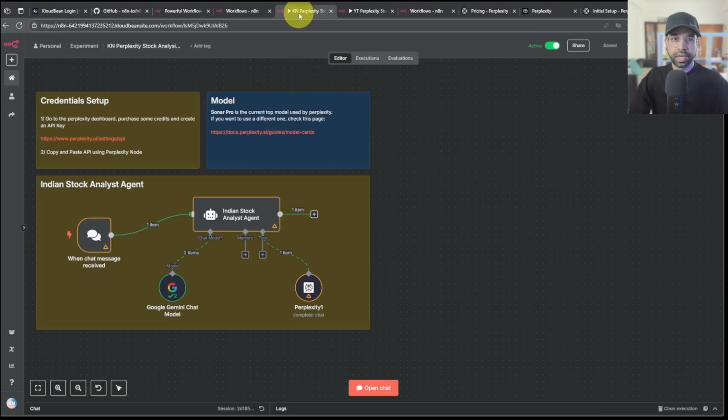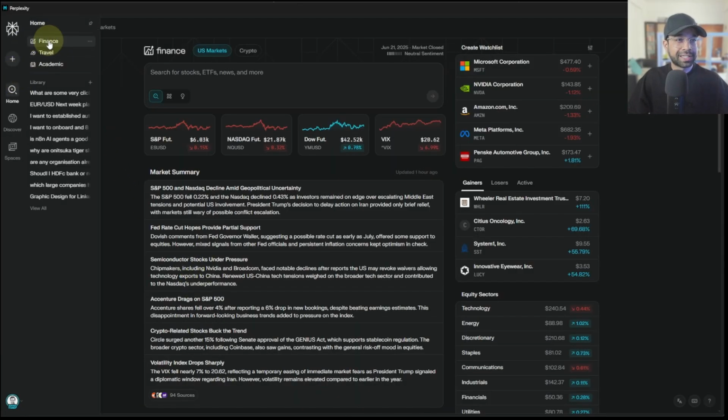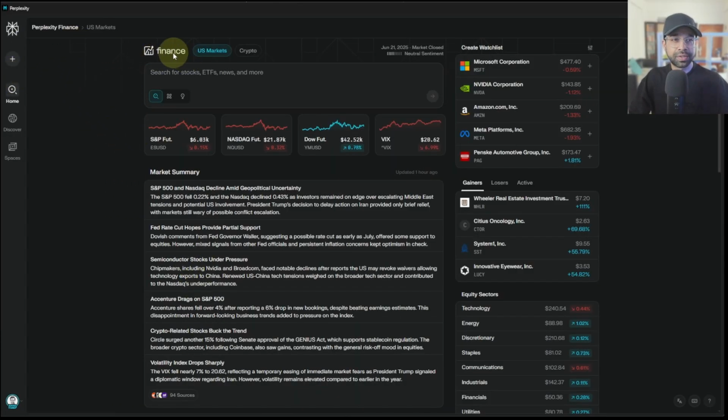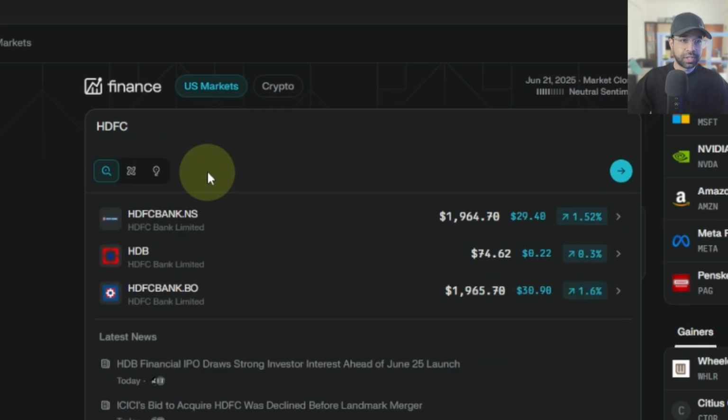Okay, so anyways, essentially let's look at what's happening here, right? So this is the entire setup. We have the credentials, the models, and the entire flow, and we're going to be using Perplexity. The way that Perplexity works is recently they have created a specific finance section. You can see this. It's a finance section, crypto market, and the various other markets that are available here, right? So you can just go here and look for, let's say, HDFC Bank, right? HDFC Bank, like this,